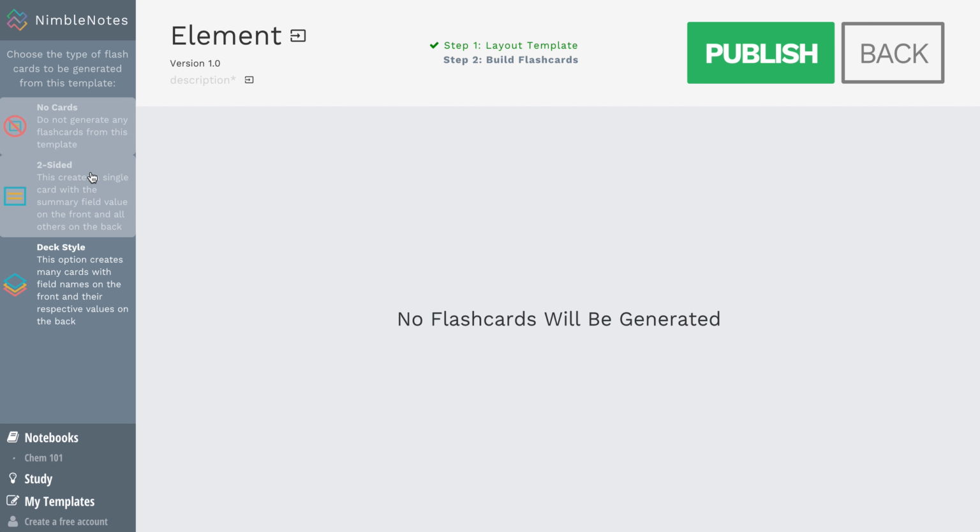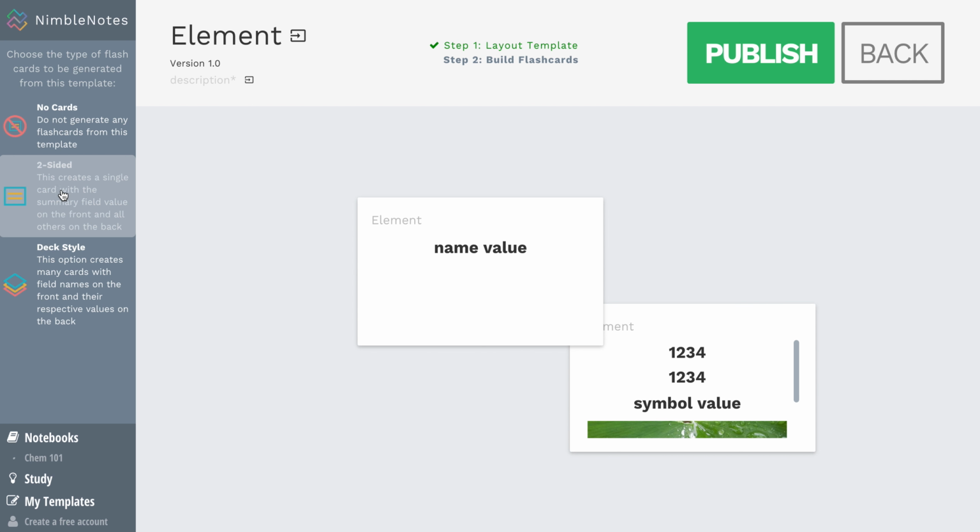You can choose 3 styles of flashcard generation. You can either choose to not generate any flashcards at all, pretty straightforward. You can use 2-sided flashcard generation, which is what we use when we generate our questions and definitions. This places the summary, the value that is entered into the summary field, on the front of the card, and